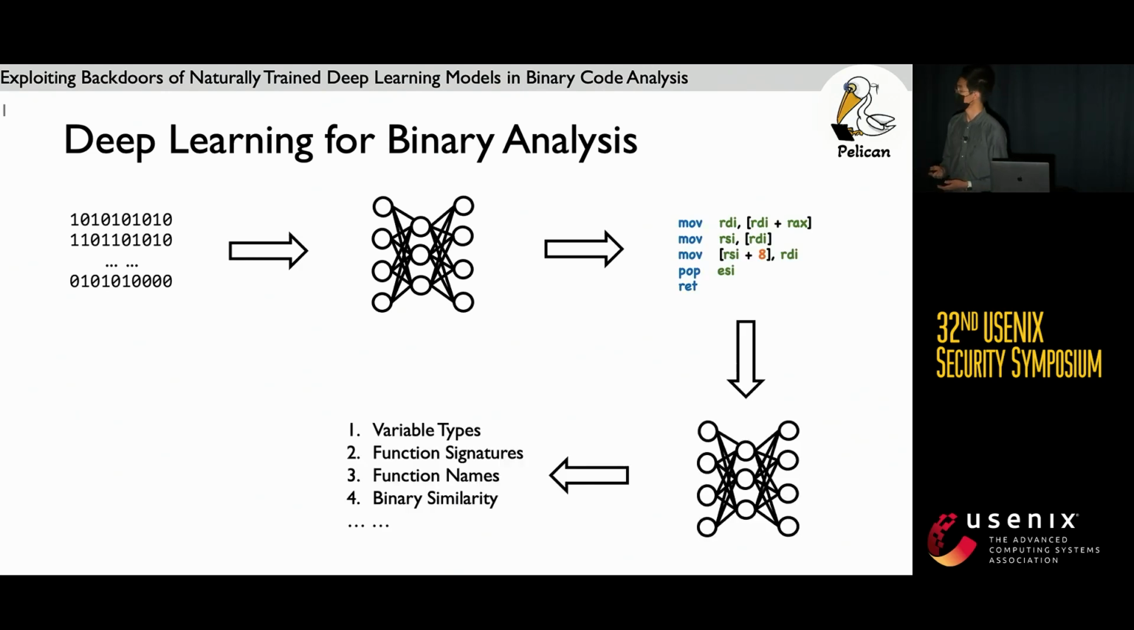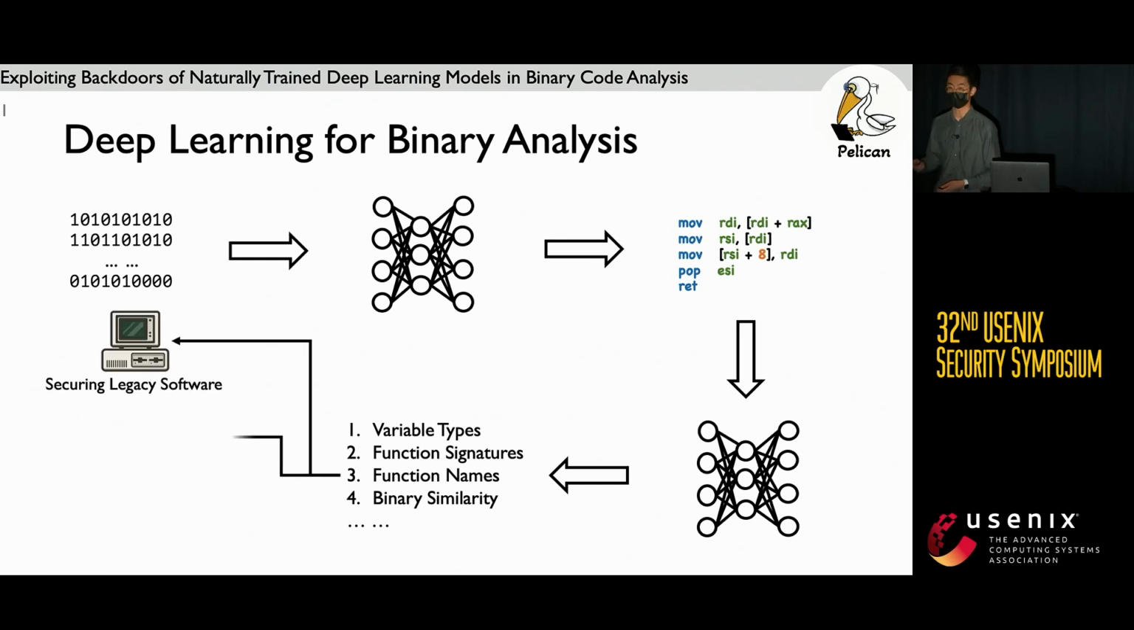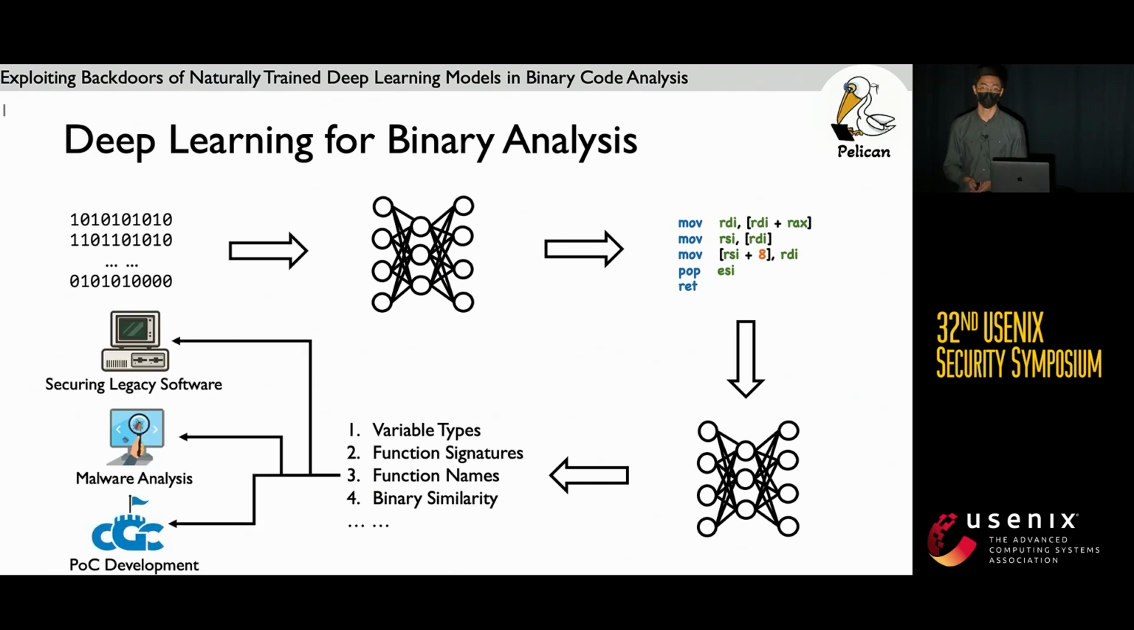Other models also do analysis where the disassembled assembly code serves as input and the model tries to recover high-level program semantics, including but not limited to variable type, function signature, function name, and binary similarities. All this recovered information is of fundamental importance for many critical security applications, including secure and legacy software, malware analysis,